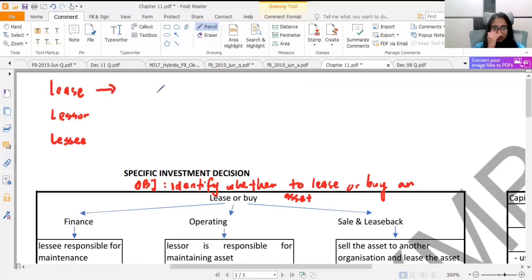So a lease is an arrangement that is commonly used